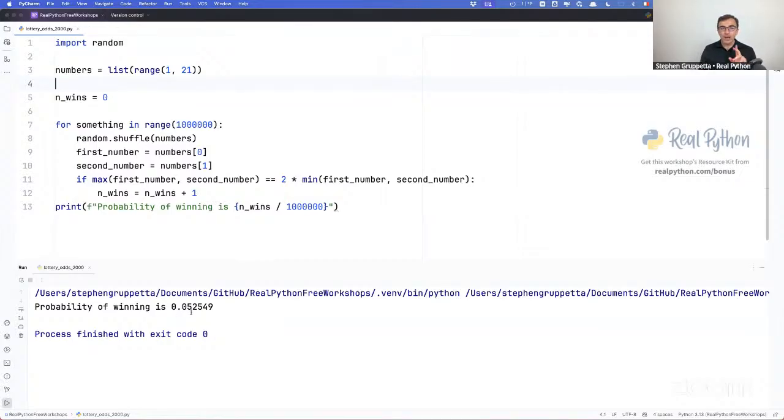0.052549. Now, I'm going to make this a bit nicer. I did mention that we're going to cover lots of topics and I can't cover them all in detail. So here I'm just going to show you a nice trick. But then I'll refer you back to what, let me have a look at, yeah,